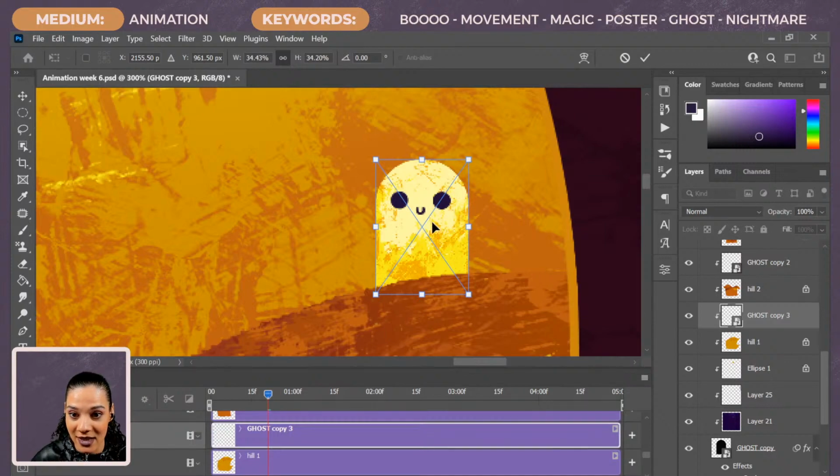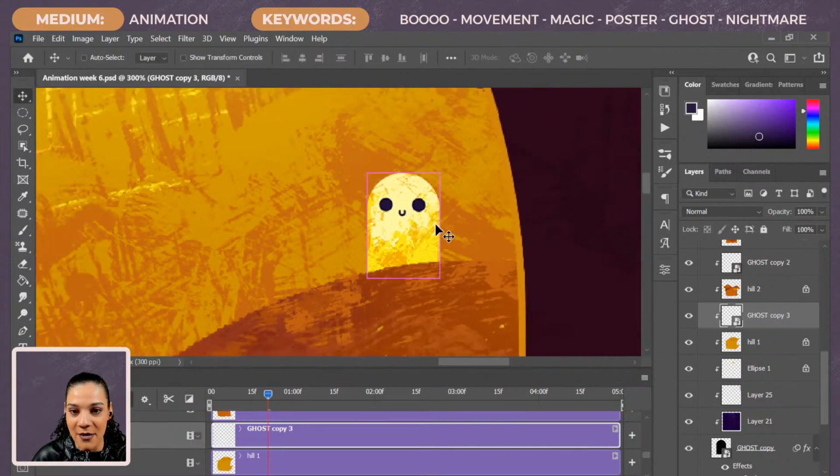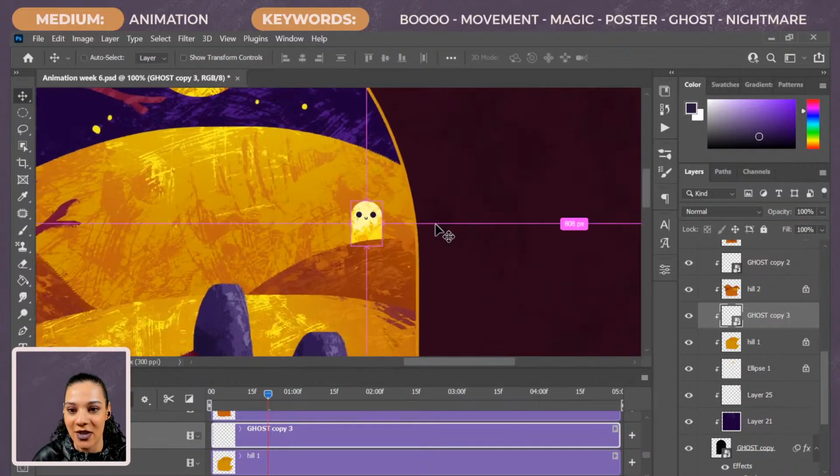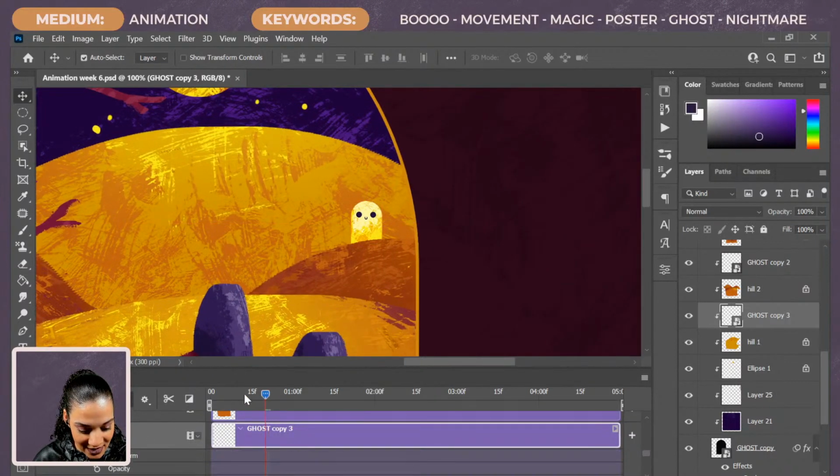And let's start him up high, shall we? Let's start him up high. And I'm gonna open this and let's set it back here. And let's see. 1, 2, 3, 4, 5, 6, 7, 8, 9, 10. We can make him even faster. So let's put him here.